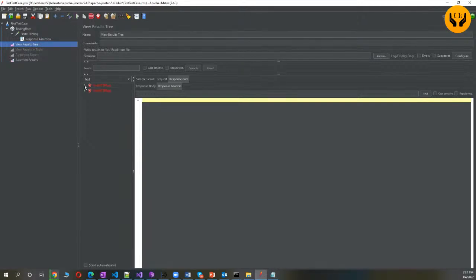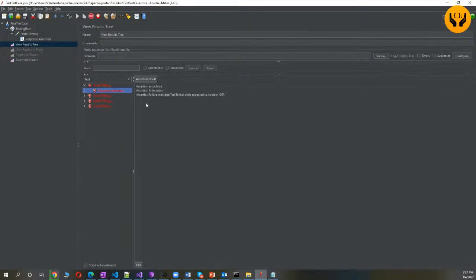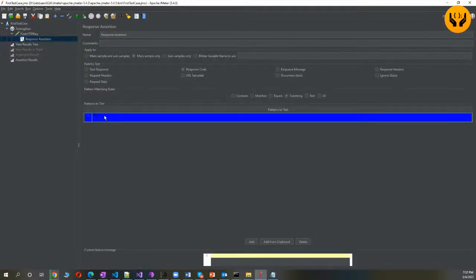So now we can see that it is failing, and it is saying that this assertion failed. It is actually looking for 201, which is not the case, because 200 was being returned here. So if I go to my assertion and change this to, for example,